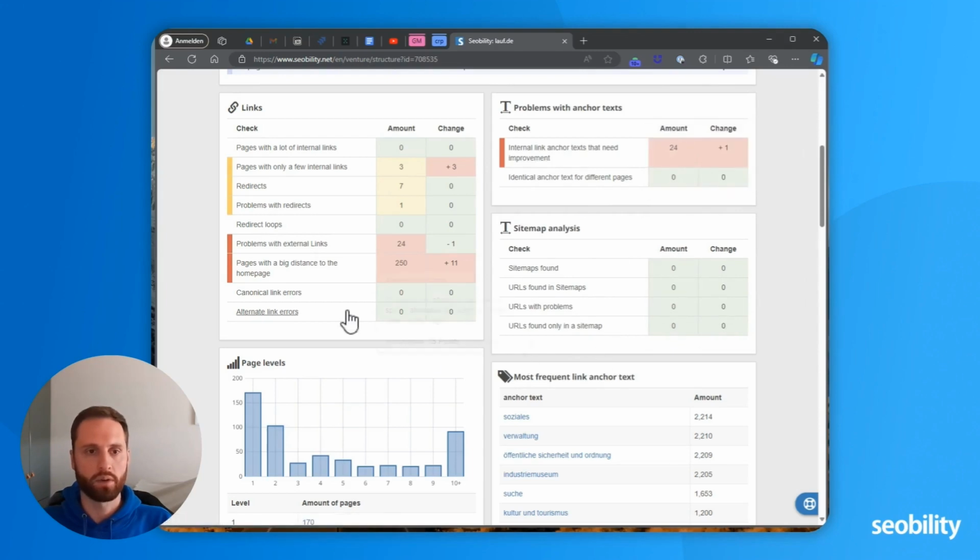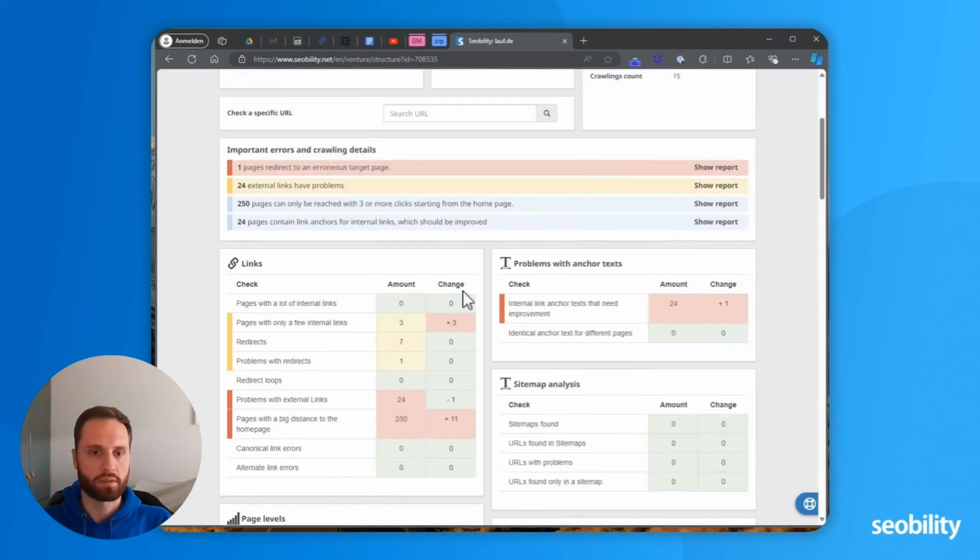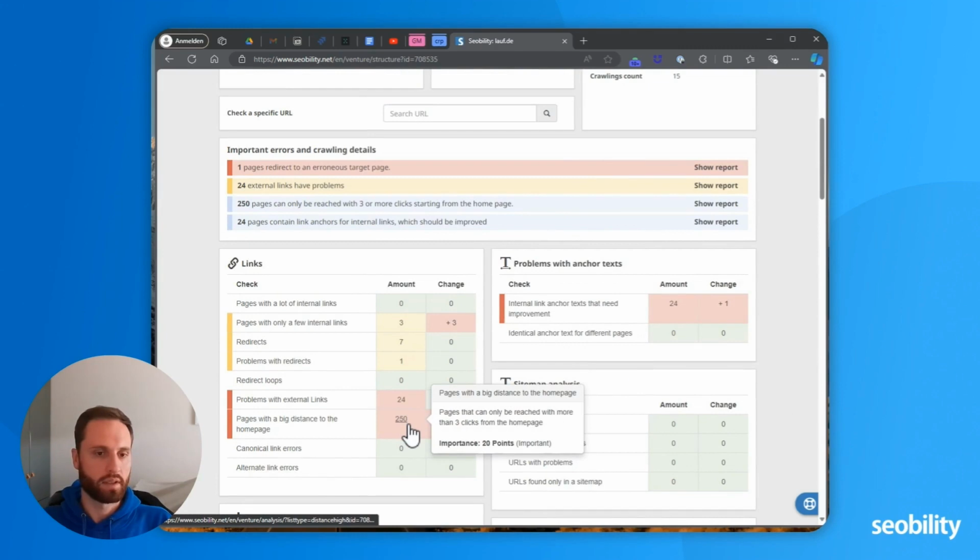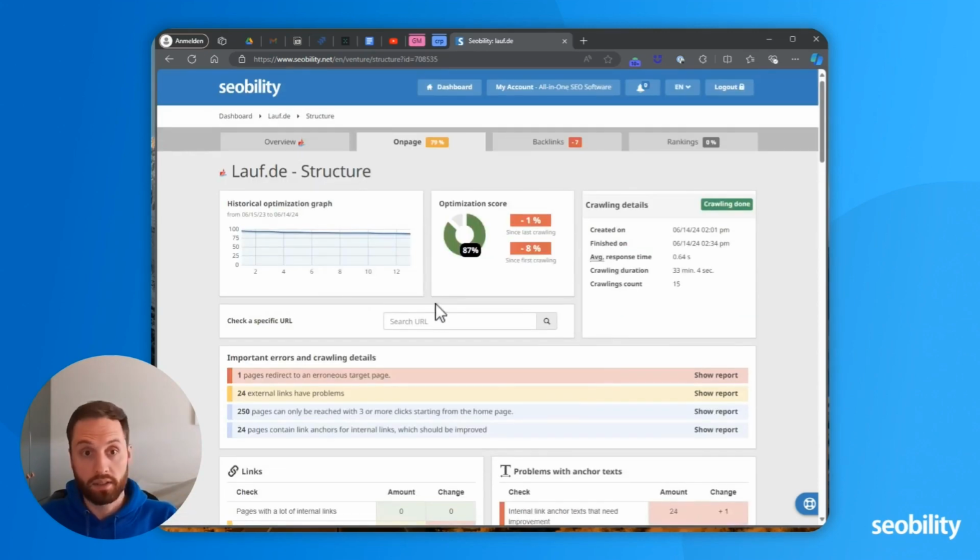So you can work with either this to-do list or just inspect the displayed issues on an analysis level like this.